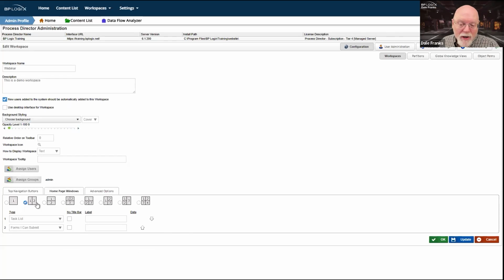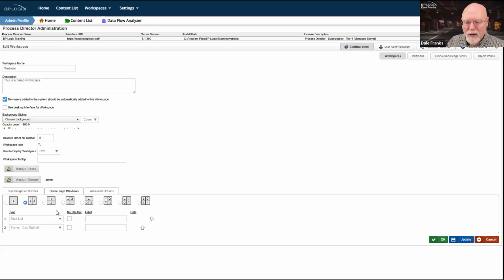We have this radio button list here that shows you some different screen configurations of the various portlets. So I'm just going to pick two portlets side by side, one of which shows the task list, the other one of which shows forms I can submit. At this page, I've got a workspace.